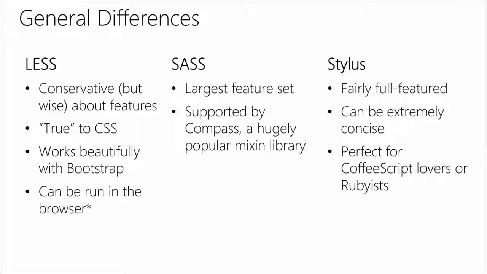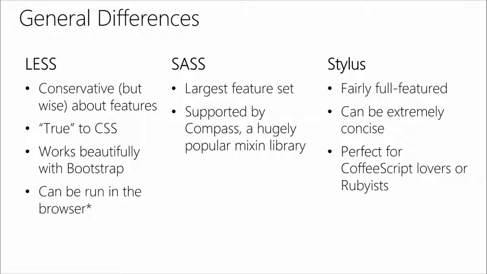There are also a lot of general differences between the three big preprocessors. So let's start with who has the largest community. Sass by far has the largest community. Yeah, and that's due in part to a couple of different things. Less has a community that's quite large as well. Sass and Less are always neck and neck, and then Stylus is smaller, but their following is very loyal,